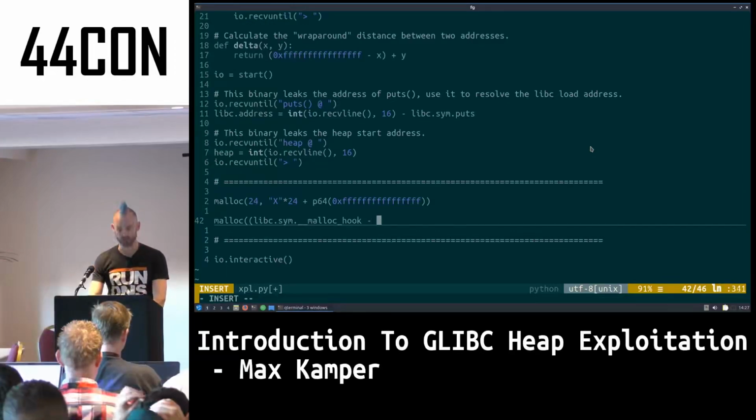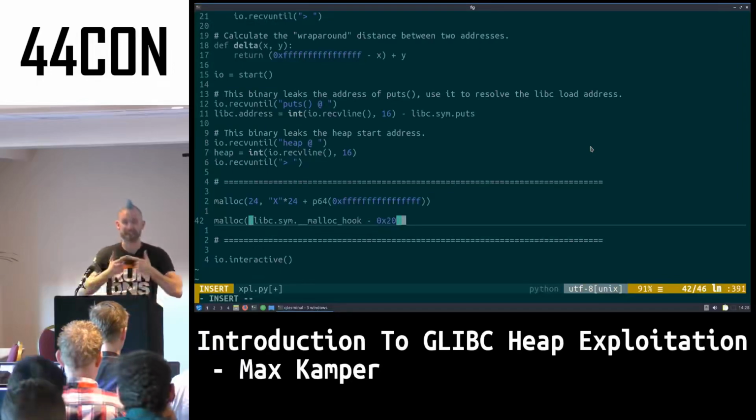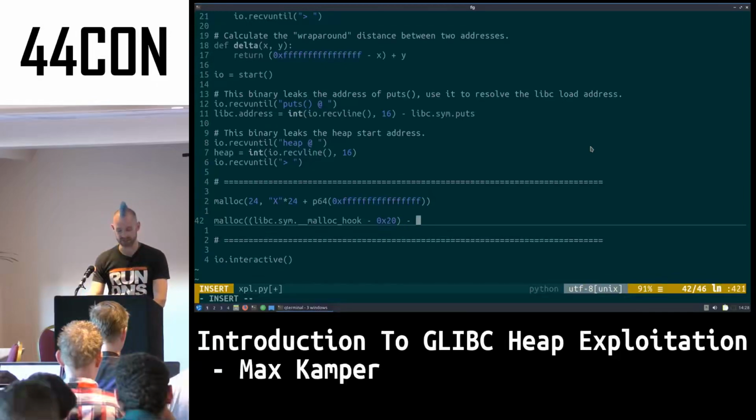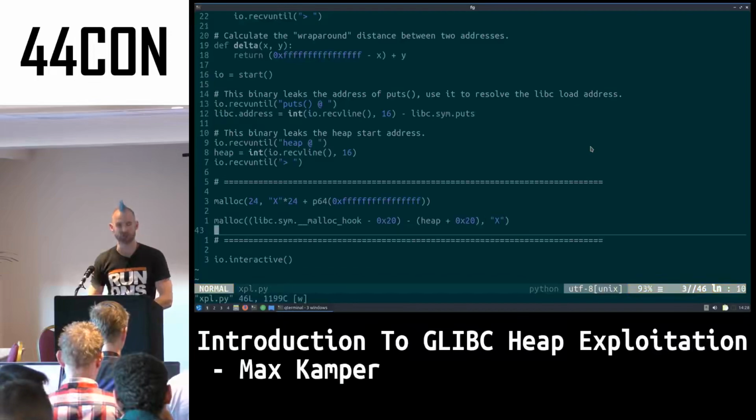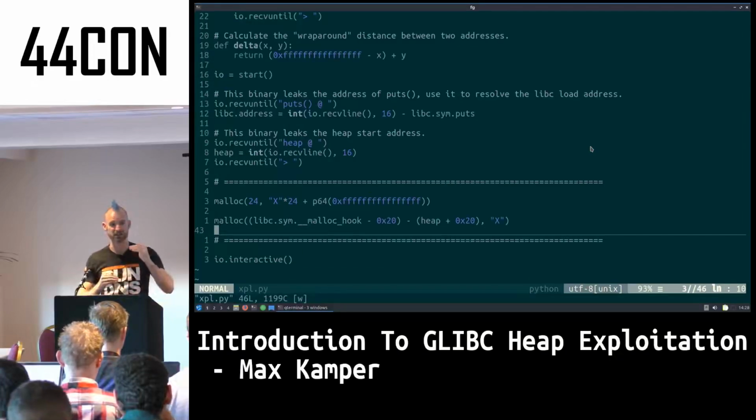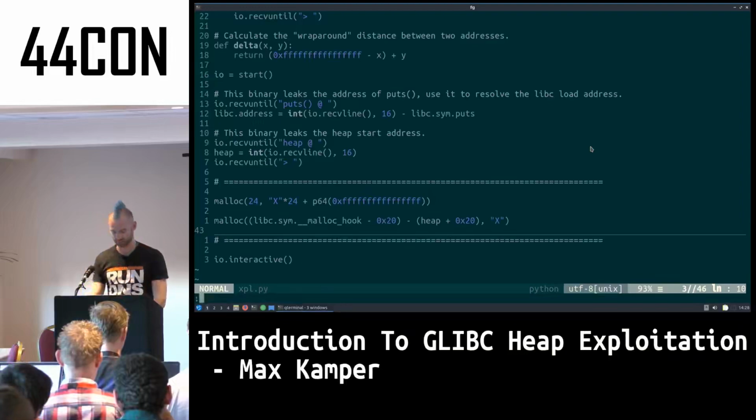And of course, just like before, we want to stop hex 20 bytes just shy of that malloc hook, so the next chunk that we request is going to overlap it. And we want the delta, or the distance between that value and the heap plus hex 20, just like we did last time. And we're going to send a byte of garbage just to satisfy the malloc wrapper function's signature. So we're going to make that large request, which is going to cover the space between the heap's top chunk and the malloc hook. Once you guys have all got that down, once again,